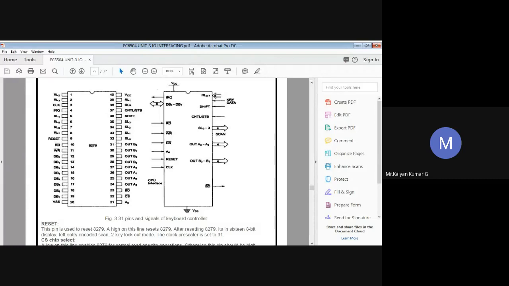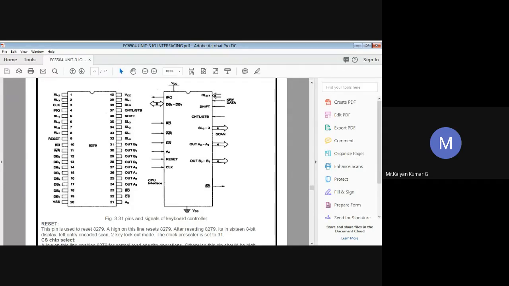Okay. So the data from these outputs will be synchronized to your what? Scan lines for multiplexed digit displays. Okay, fine, we'll see later. Similarly, here we have two output ports. These two 4-bit ports you can combine and use as a single 8-bit port also. Okay, depends upon your application.